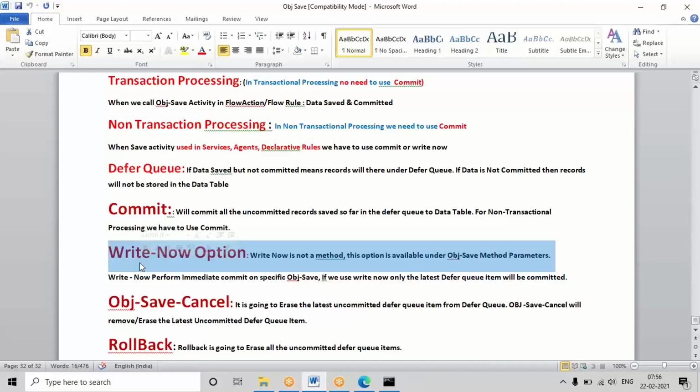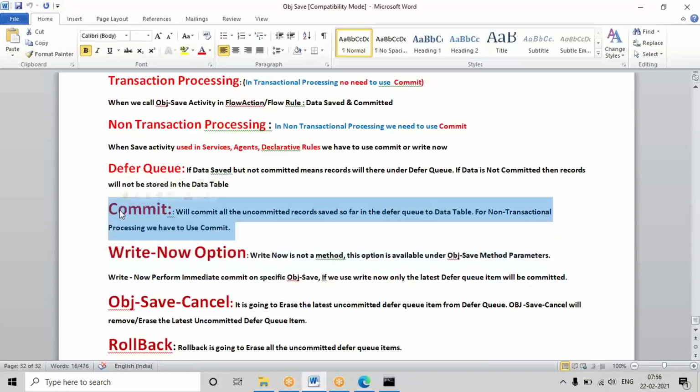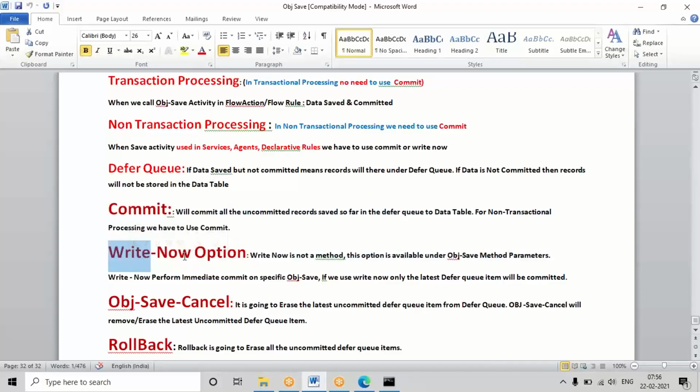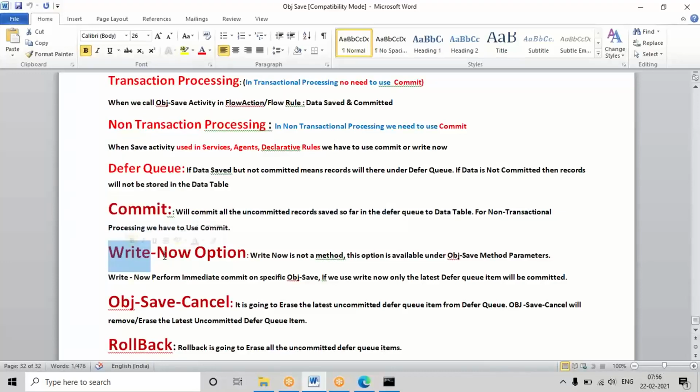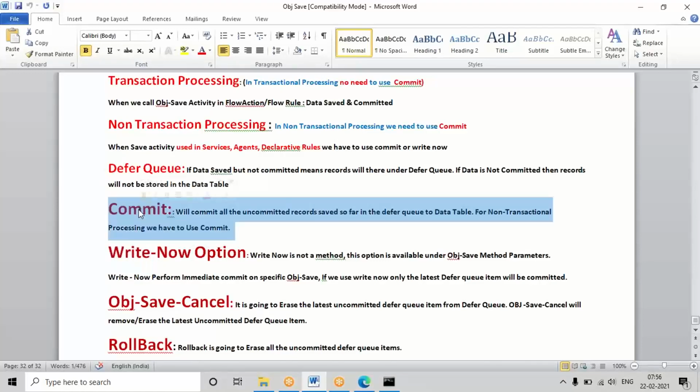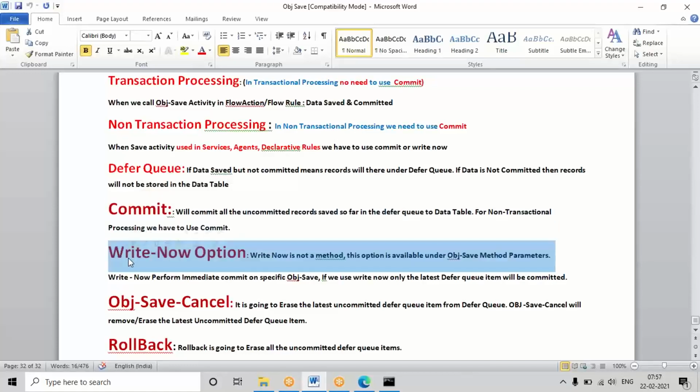Though we don't practically use them, this one we may sometimes use, but the commit method is not at all recommended. Though we used it in version 6 and earlier, in the present versions this method is not recommended. Even this one we may use in some scenarios, which I will show in the coming scenarios. But the difference is, commit will commit all the uncommitted records saved in the differ queue, and Right Now will only commit the latest specific item.